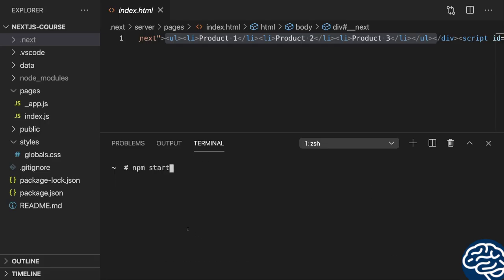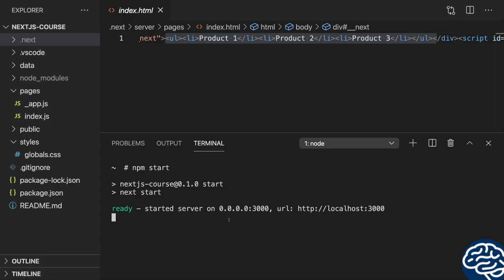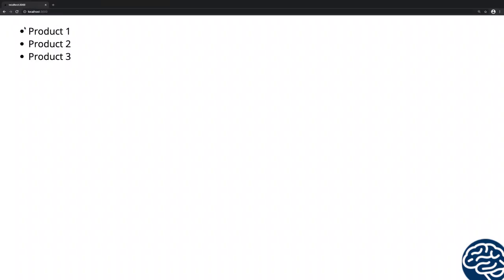npm start starts the production-ready page with a Node.js server, and whilst we typically would do that on some remote computer to expose it to the world, we can also do that locally on our machine. And then again, it starts on localhost 3000, but this now is not the development server, but the real server serving the production-ready page. So if I visit localhost 3000, if I enter this in the browser, I still see